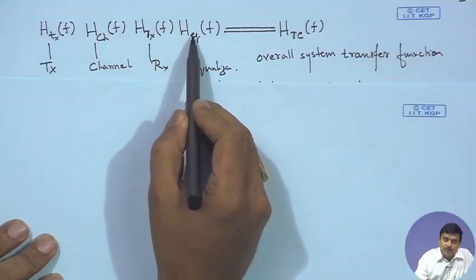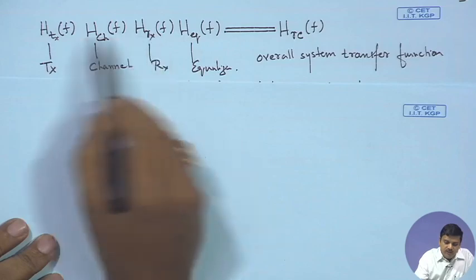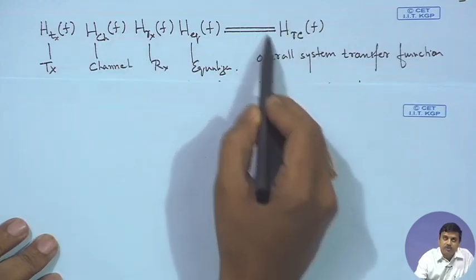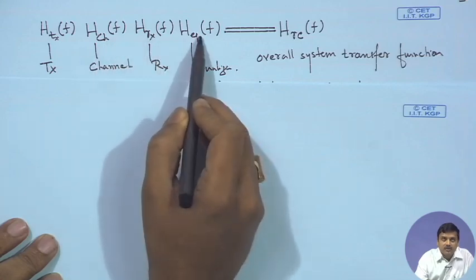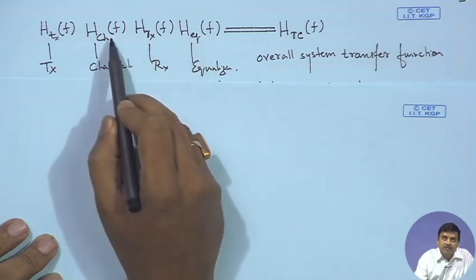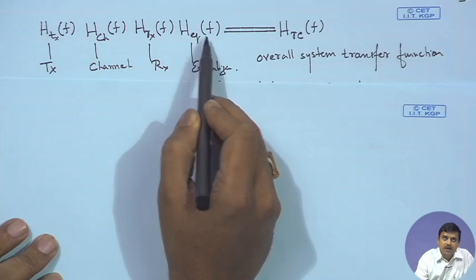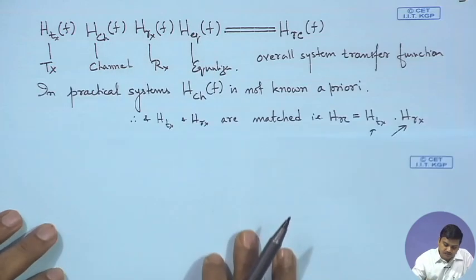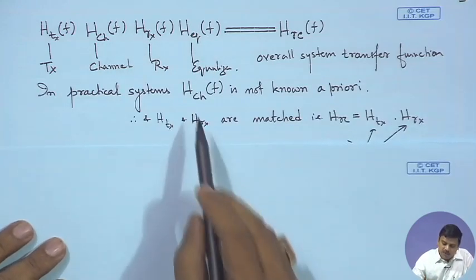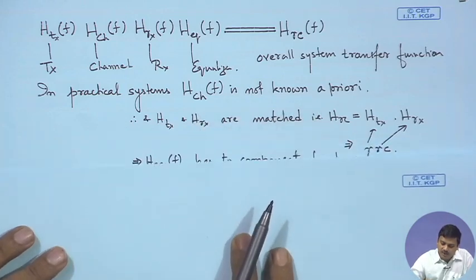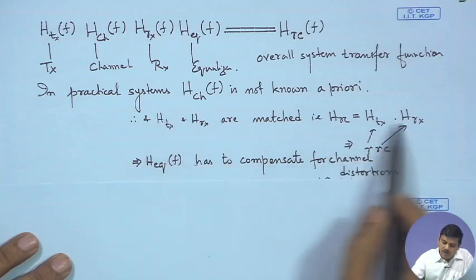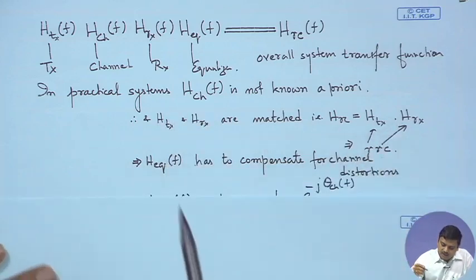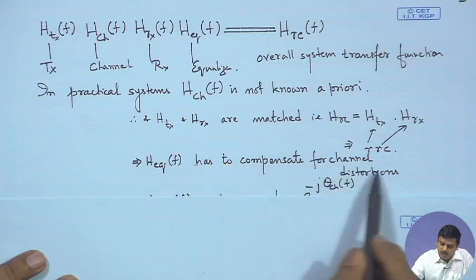So, now we focus on the channel and equalizer. We have already seen our root raised cosine which produces a raised cosine. Now, whatever the channel is, the equalizer should be able to cancel the effect of the channel, and that is why it is called an equalizer: it equalizes the channel effects. In practical systems, as we said, the channel is not known a priori and these have been converted to root raised cosine, so that overall it is raised cosine,